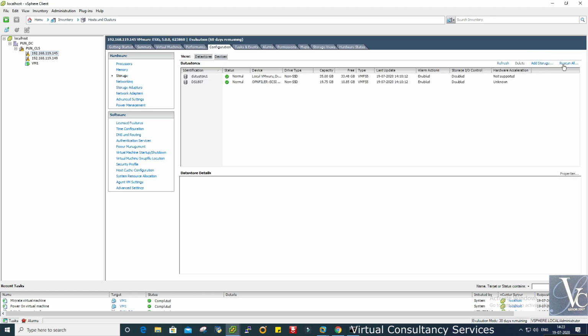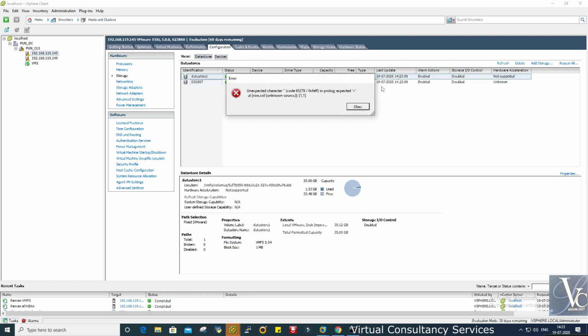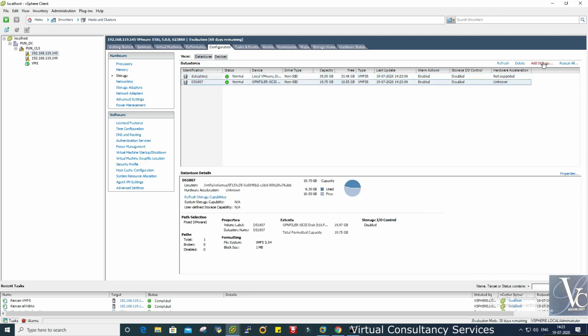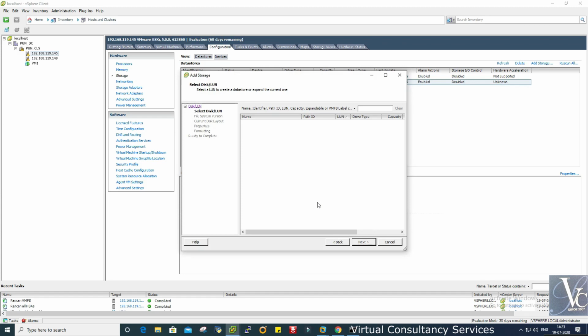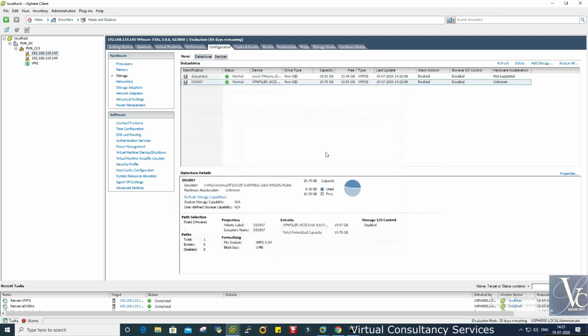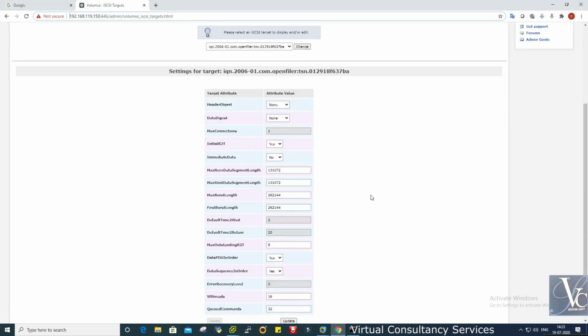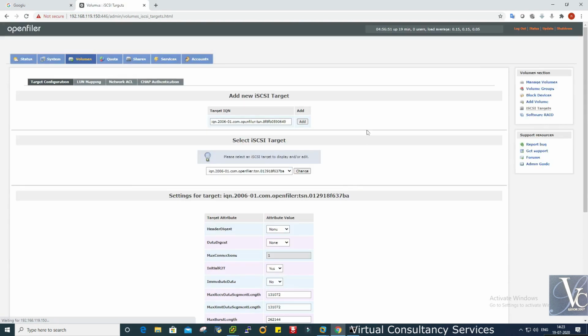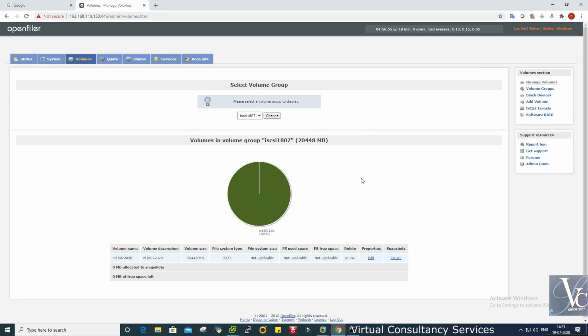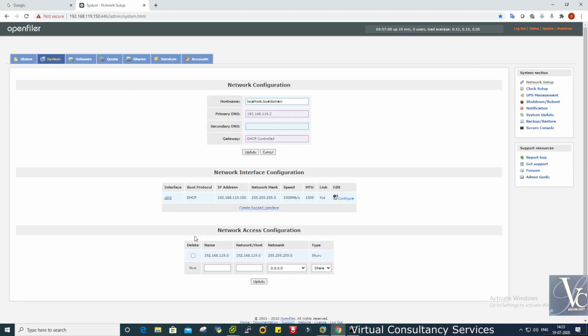So now what we will do is go into the storage and see if I can see it here or not. Okay, it has not popped up yet. The thing is that we have not done some part here, so that's why it is not showing.